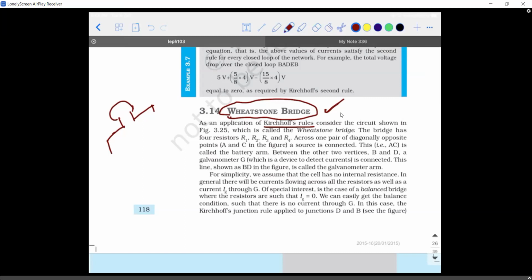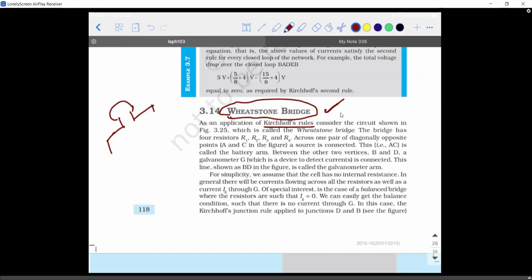So what exactly will you do? What logic will you apply if I ask you to find the current across the ends of it? You will take an ammeter and connect it across its end. In a similar way, if I ask you to calculate the potential difference across it, you will be able to take a voltmeter and find it out. So let's take a scenario.